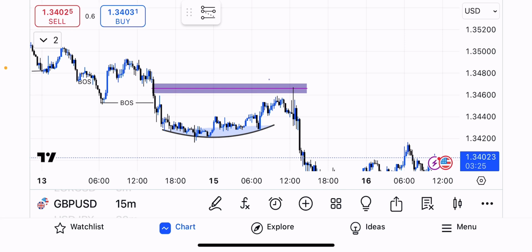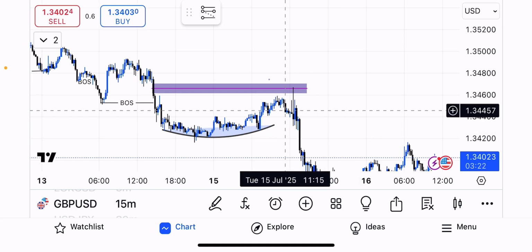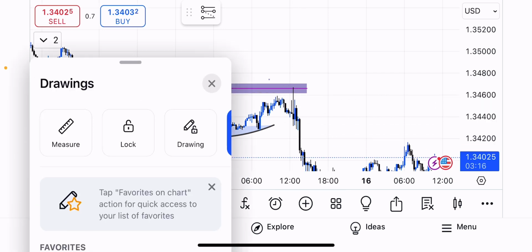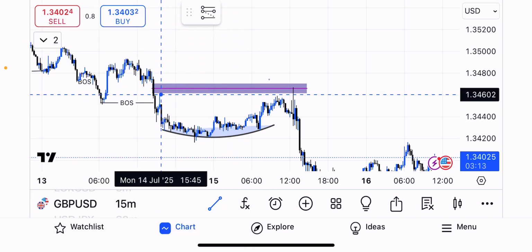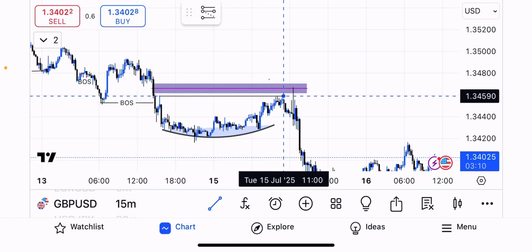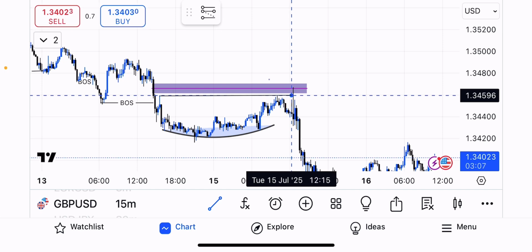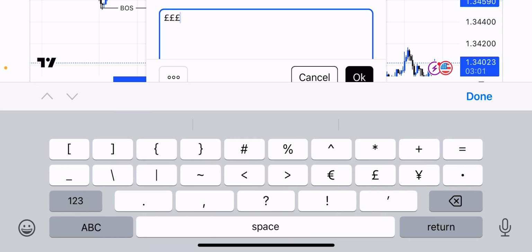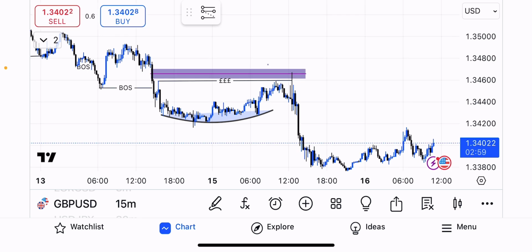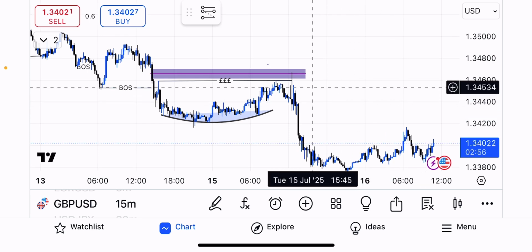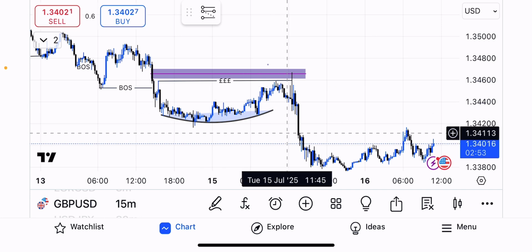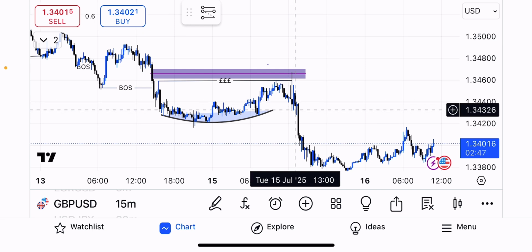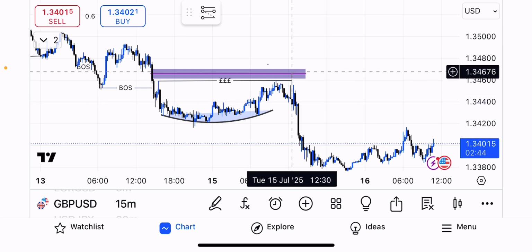And now, tell me, what do you think drew the price to your FVG? What made price come to your FVG? Good. It's your structural liquidity. Because I said in my last video that the structural price will always leave a structural liquidity behind to be taken out later on. So the liquidity will be a magnet. It's going to be a force drive that will eject price to this zone here, to this